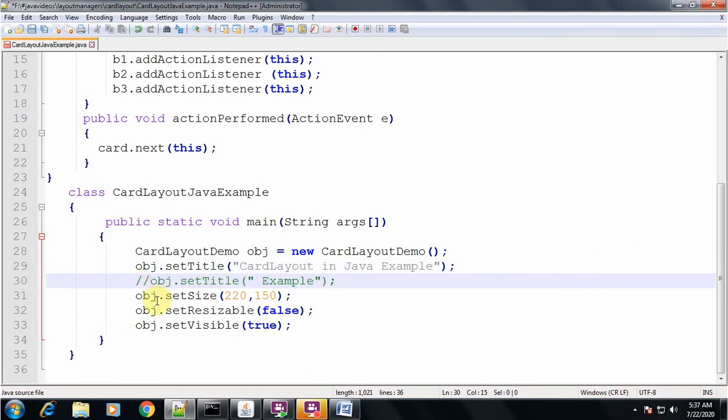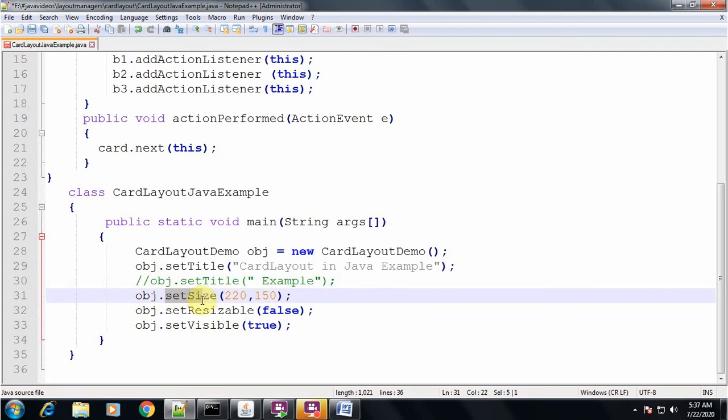Another method of the Frame class is setSize. How much is the size I want? I want the size to be 200 comma 150. Now obj.setResizable.